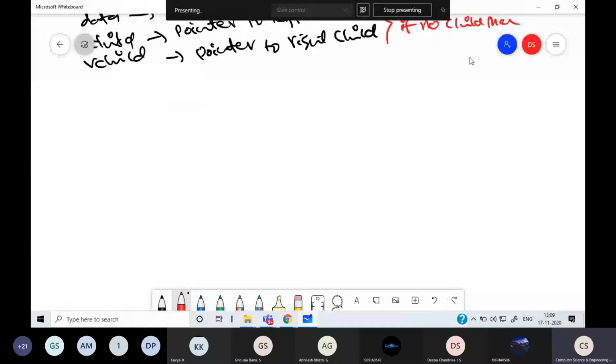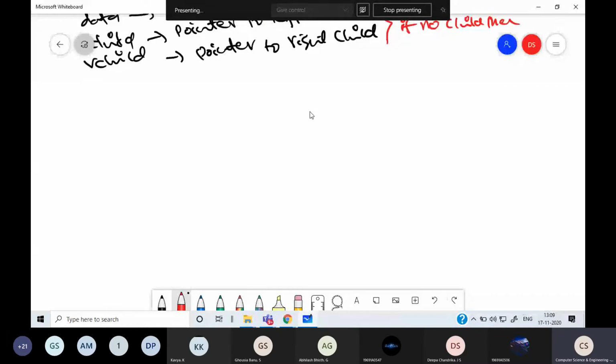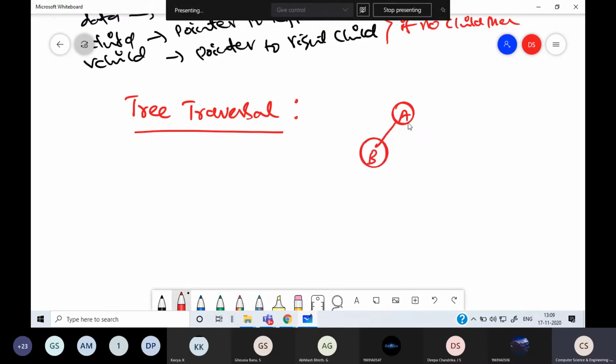So we are going to learn about tree traversals. What is traversal? Tree traversal is the technique of visiting each and every node one and only once. That is traversal. When you take a tree, whatever may be the representation, whether it is linear representation or linked representation, there is a traversal, which is the important operation we perform.